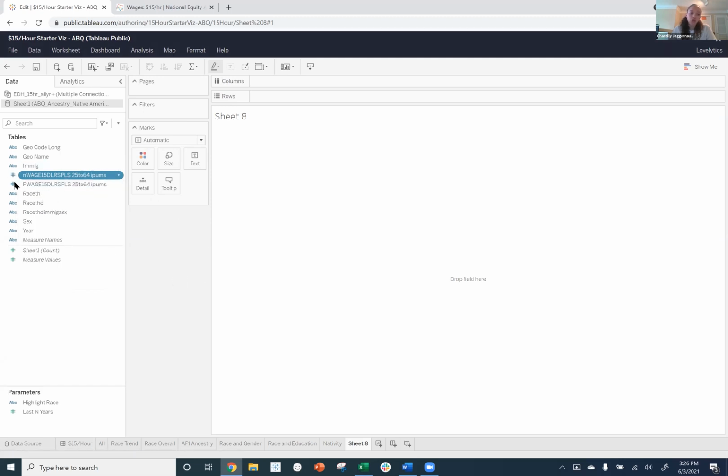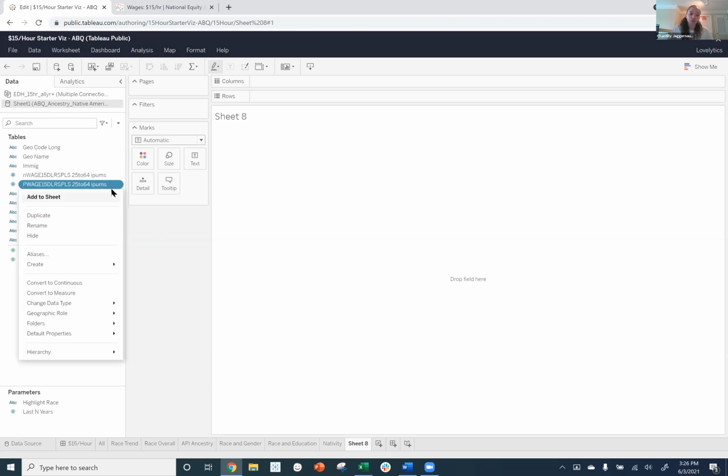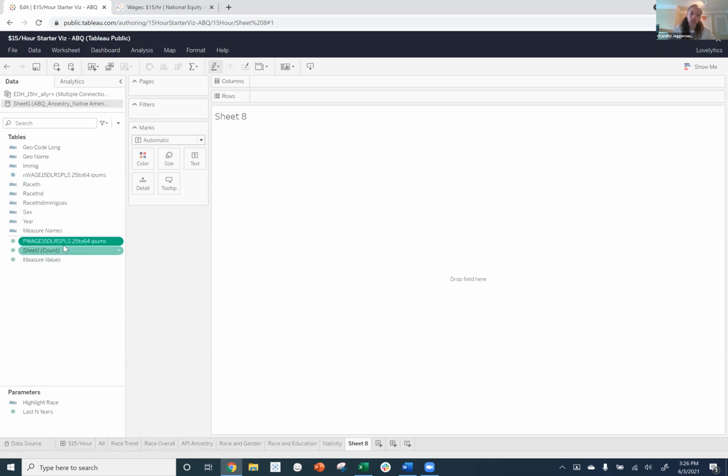And the next thing that we want to do is change this to a measure. So you can think of a dimension and a measure in Tableau as qualitative and quantitative data. Dimensions are going to be your qualitative data points, and they are the things that are classified as blue. And then your quantitative measures are your numerical values, and those are called measures in Tableau. So we want to make sure that these two fields are not classified as dimensions, but instead as measures. So we'll click the more options drop down again and say convert to measure, and you will now see that